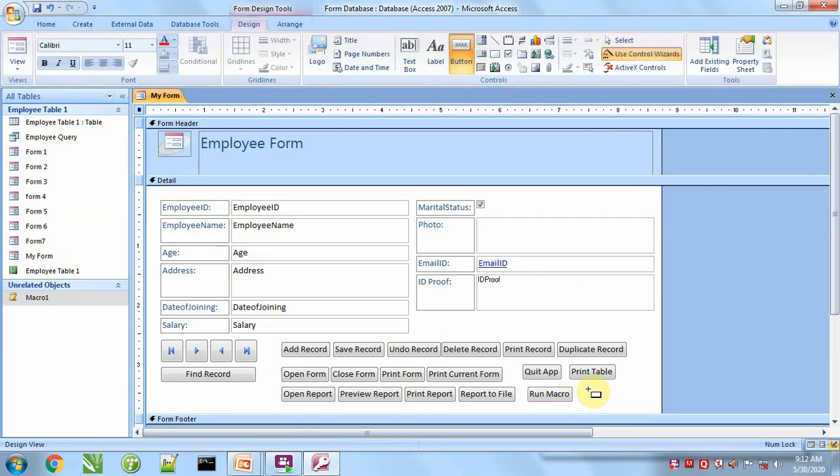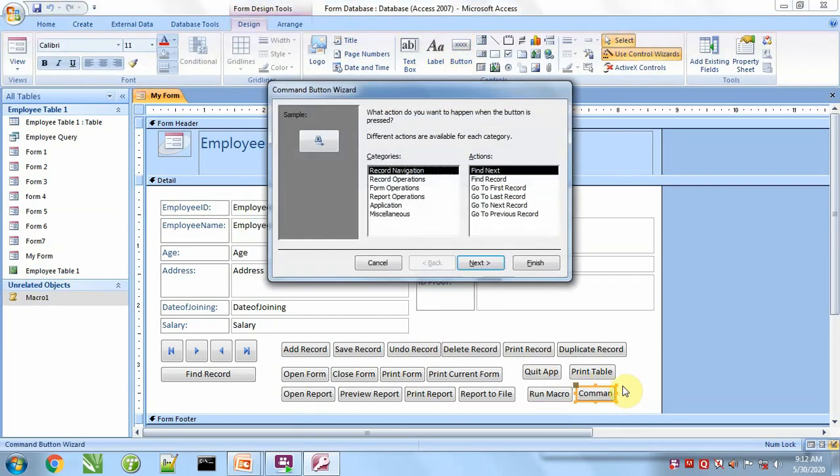How a query is created, how it works: for this I created 4 videos in this series of MS Office Access. You can go through those videos and learn properly how to create a query, what the use of a query is, how we can perform view operations and calculation operations with the help of a query.